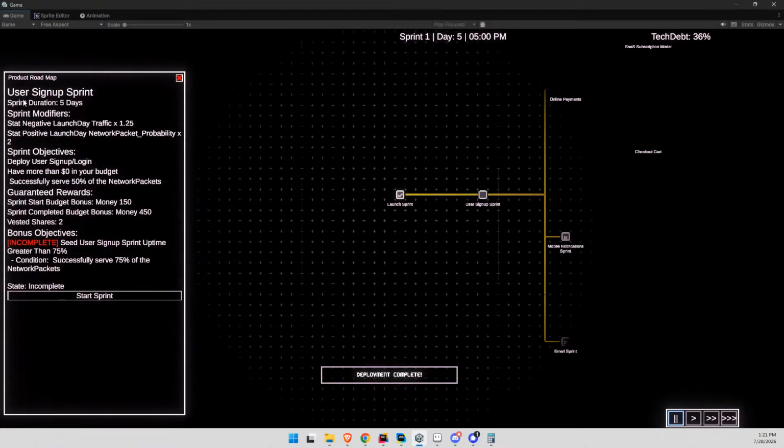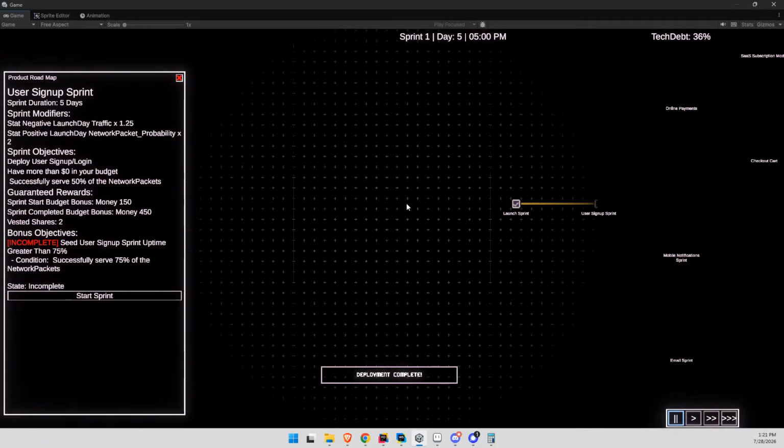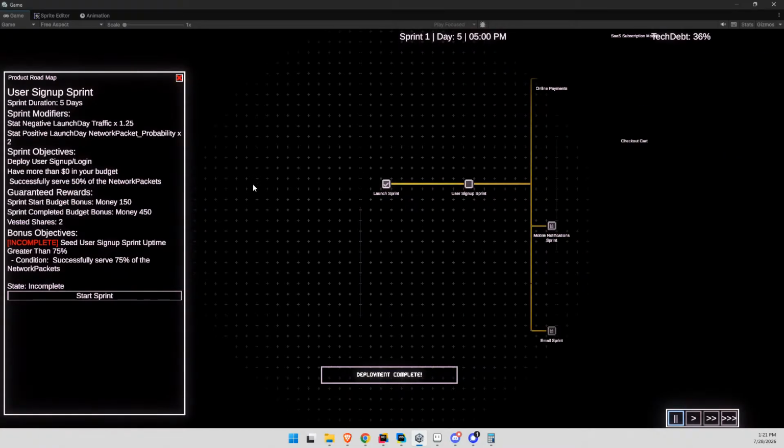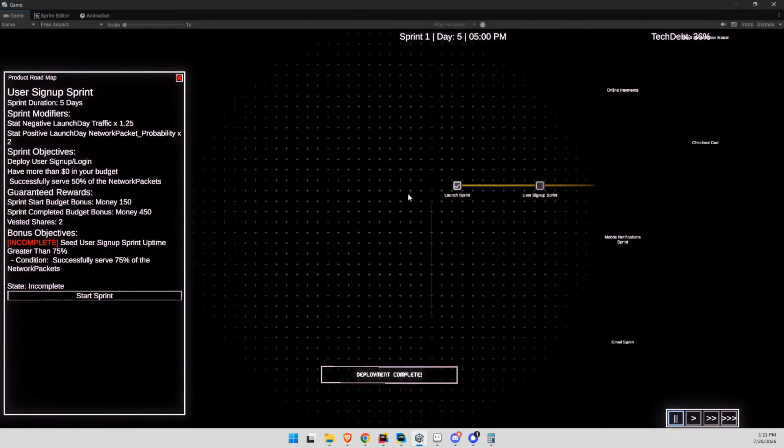So right now there's the user sign up sprint, which I need to write some text for, but you just need to deploy user sign up and login right now. And there's kind of a push-pull if you do that. Just assume if you're in tech, that means you're storing free text passwords. You're not even hashing them or anything like that. But if you unlock the CISO, Chief Information Security Officer, then you can do hash passwords, or you can do an authentication service, so then you're not storing that.